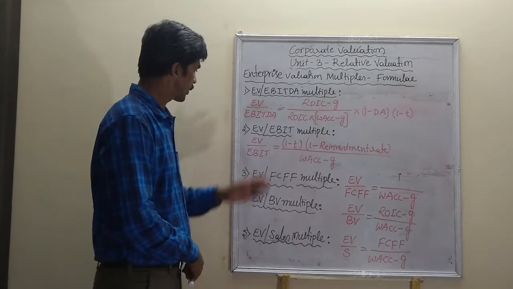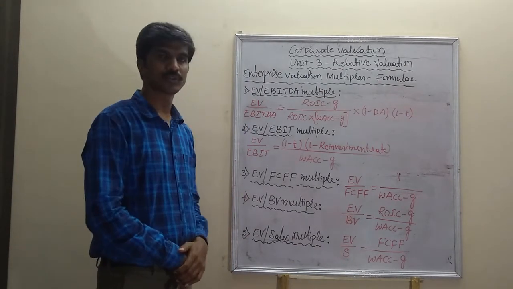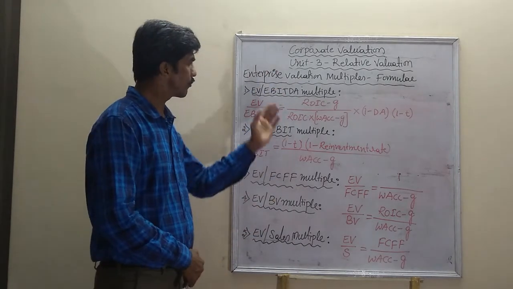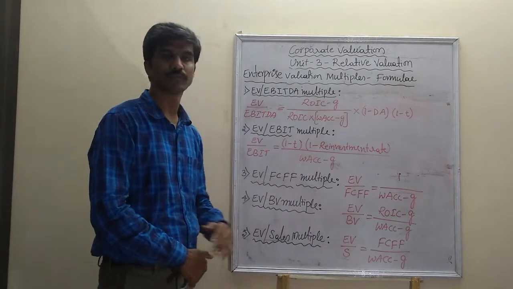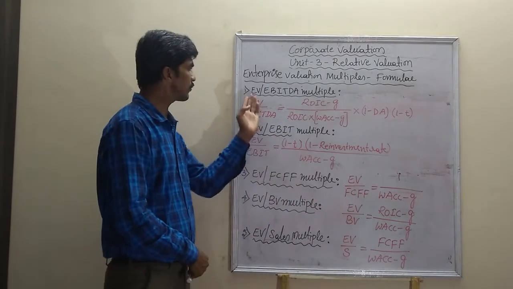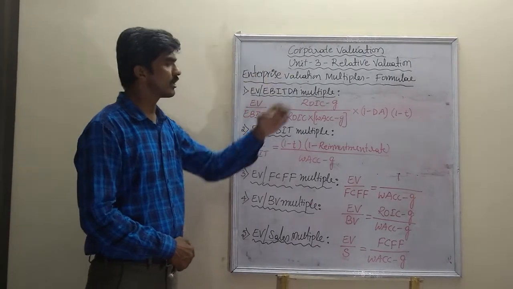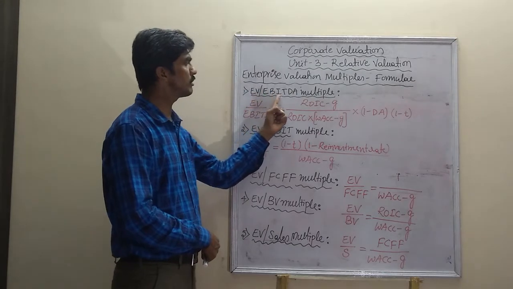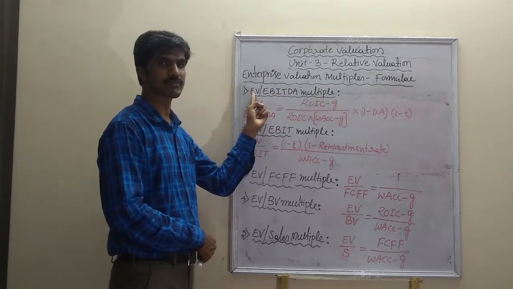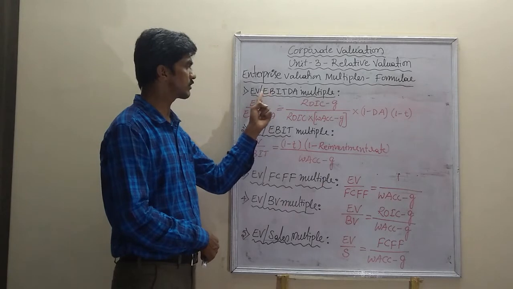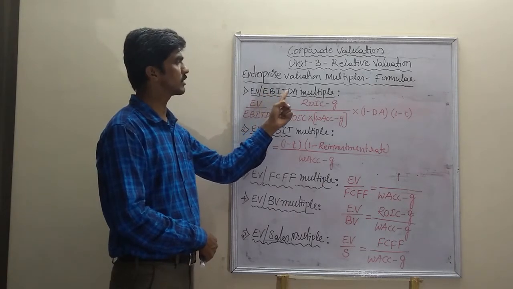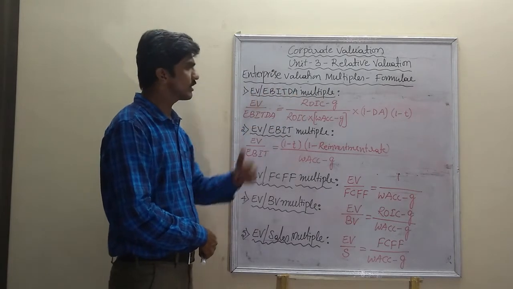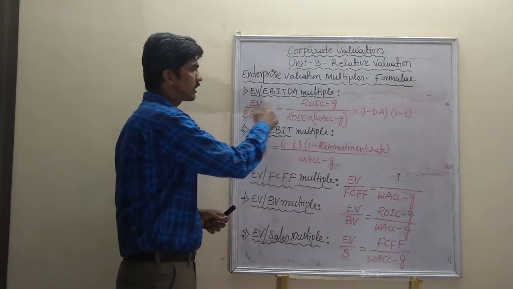As you know, there are 5 different types of enterprise valuation multiples. Now we discuss them one by one with the formulae. Coming to the first one under enterprise valuation multiples, the first type is the EV to EBITDA multiple, wherein EV stands for enterprise value, and EBITDA stands for earnings before interest, tax, depreciation and amortization. To calculate this multiple, we use this formula,